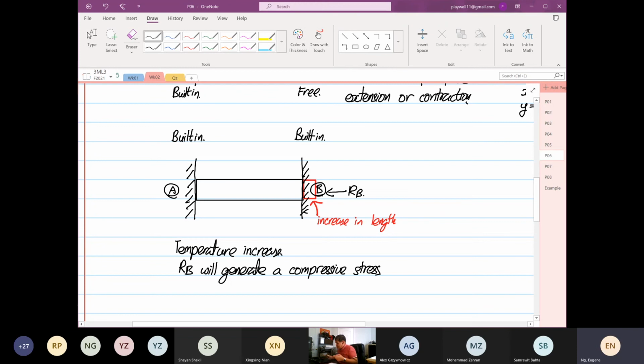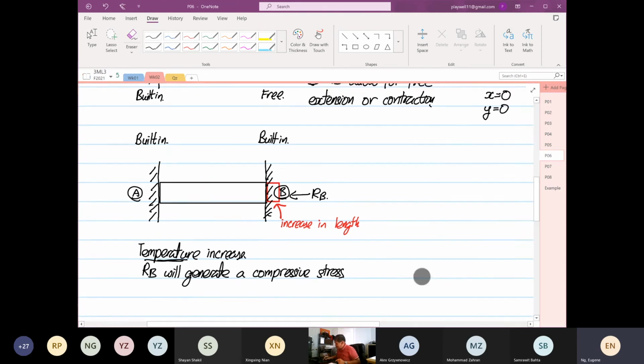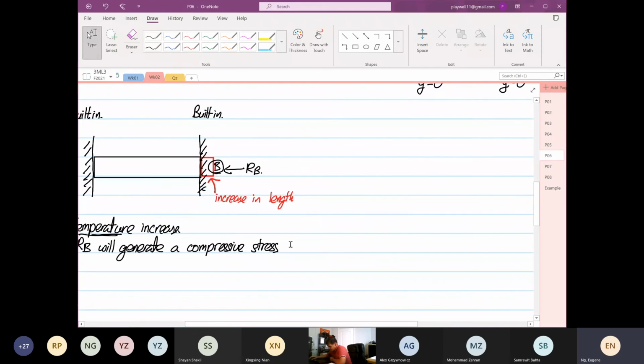So once you have a temperature increase, it wants to grow. But at point B, you have a wall down there, and the wall will be pushing it back. Or the wall will be creating a reaction known as RB. So RB will generate a compressive stress. This is a temperature increase. Interesting, isn't it? So now if we have a temperature decrease,